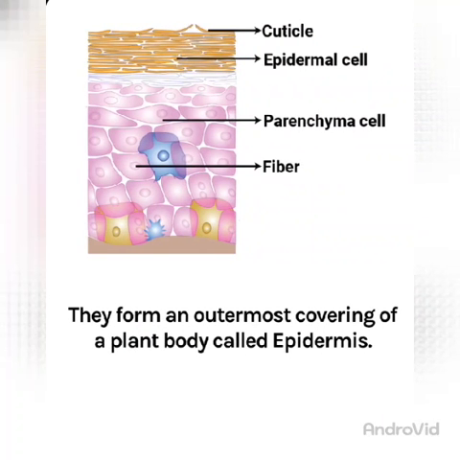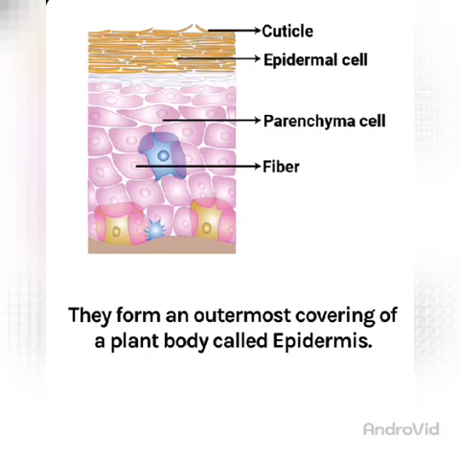Here is the picture. The outer one is the cuticle. Anywhere you can see the epidermal layer is the outer lining, but in some cases you will find an extra lining also present on the epidermis. This is called a cuticle. So the cuticle is always found outside the epidermal cell, right? Epidermis is the outer covering, and if cuticle is present, the cuticle will be the outermost covering layer.